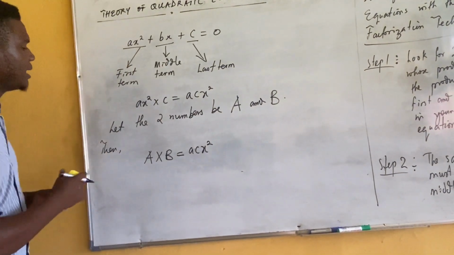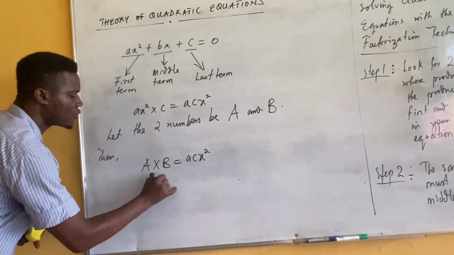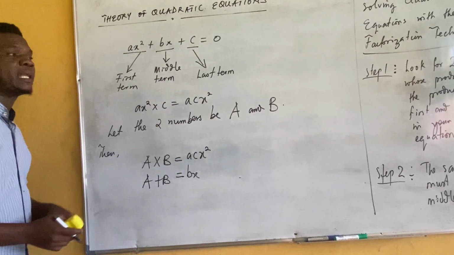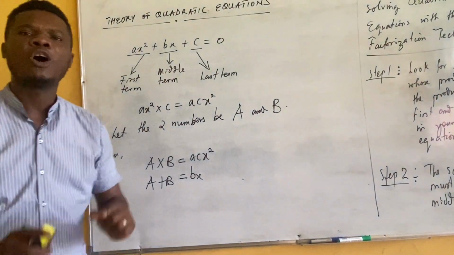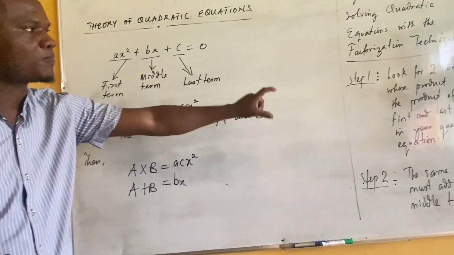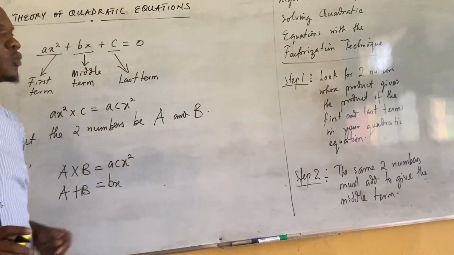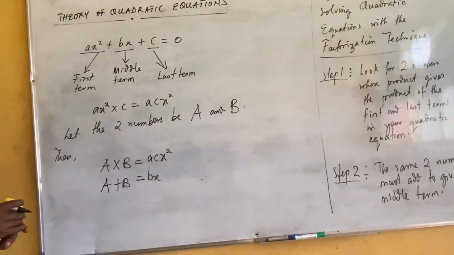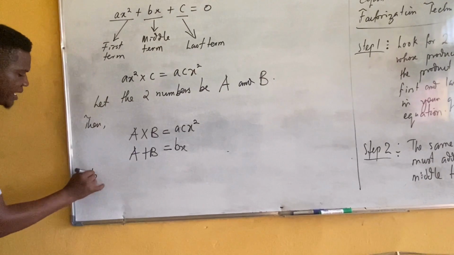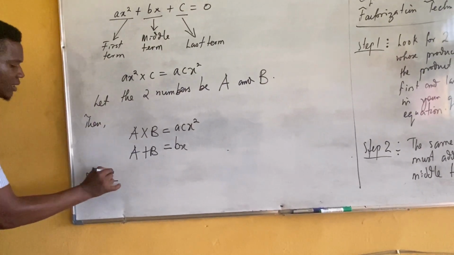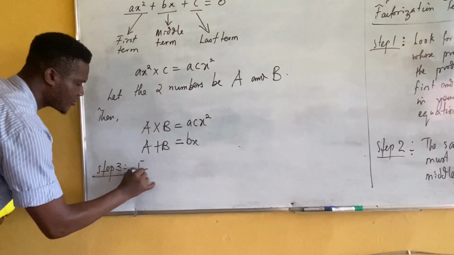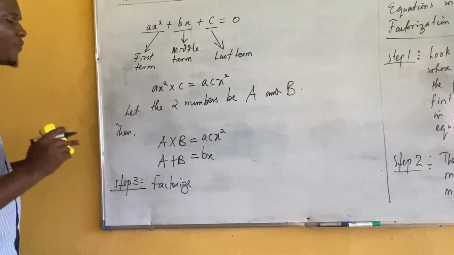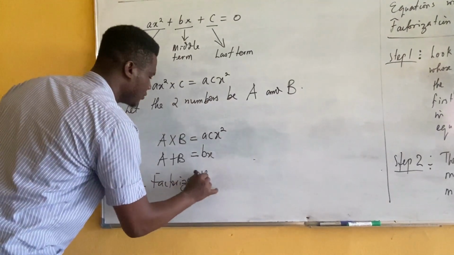first and the last term, and the sum of the two numbers we are looking for will give us the middle term bx. So that is what step 1 and step 2 of the theory is talking about, of this particular technique for solving quadratic equations, the factorization technique. Now, once you are done doing this, all you have to do is implement step 3. And in step 3, factorize. So step 3 requires us to factorize the expression